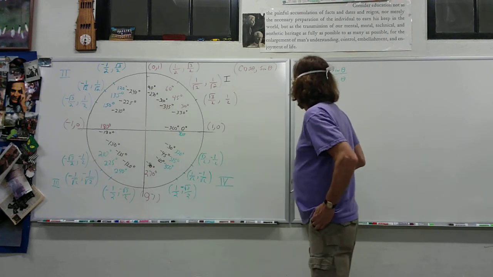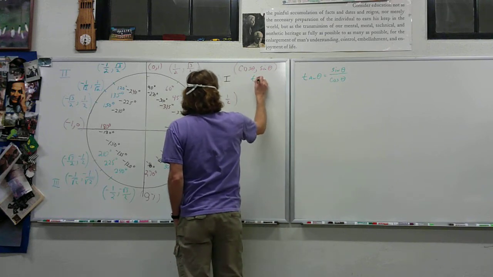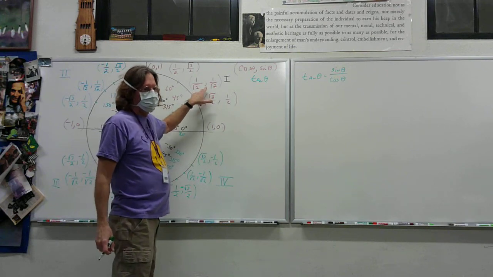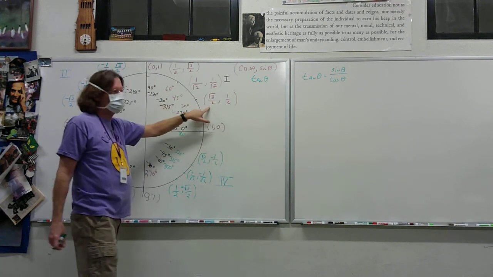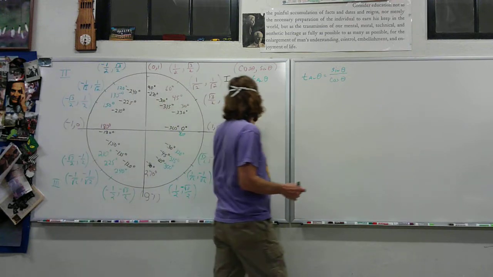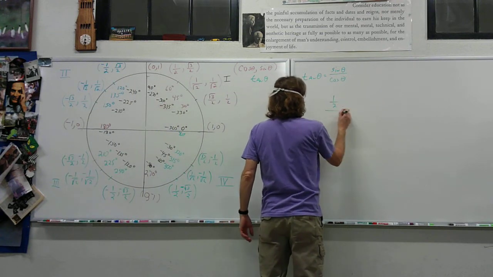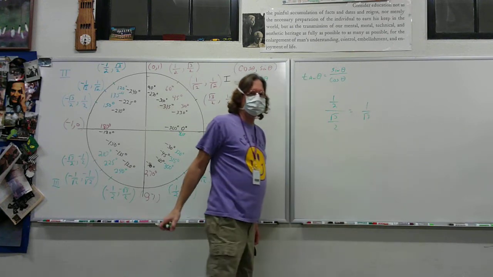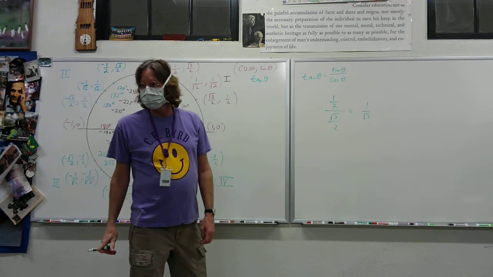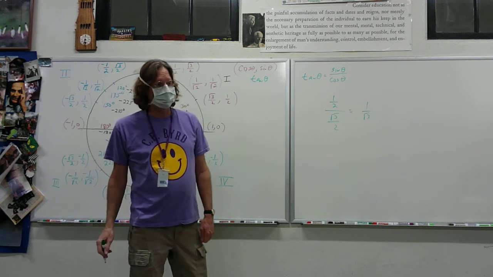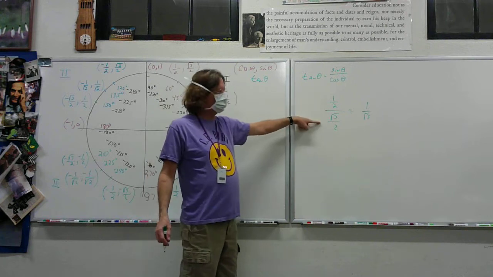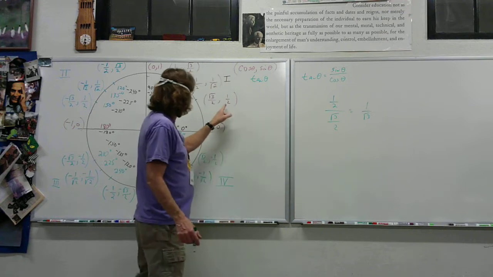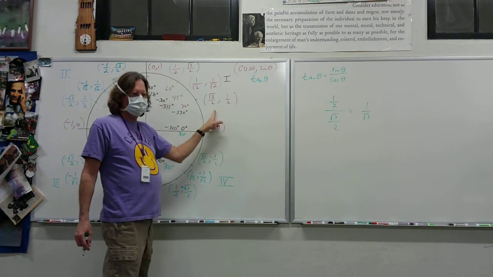Now, what we're going to do is go ahead and do the tangent of theta and put it beside these. Okay, 1/2 over square root of 3 over 2. And I'm going to work it out over here and I'll put it over there. 1/2 over square root of 3 over 2 equals 1 over what? Square root of 3. Fair enough? Everybody happy with that? Multiply by 2, multiply by 2. You get 1 over square root of 3. So I did what? I put the sine over the cosine. Is